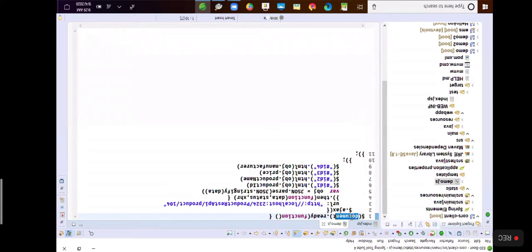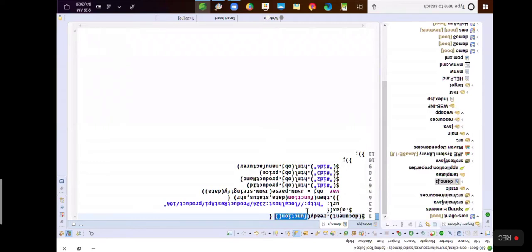When document.ready, which means once the document is loaded on the browser, then this is the function to be called automatically. This is a callback function. This function will execute when the document is ready on the browser.